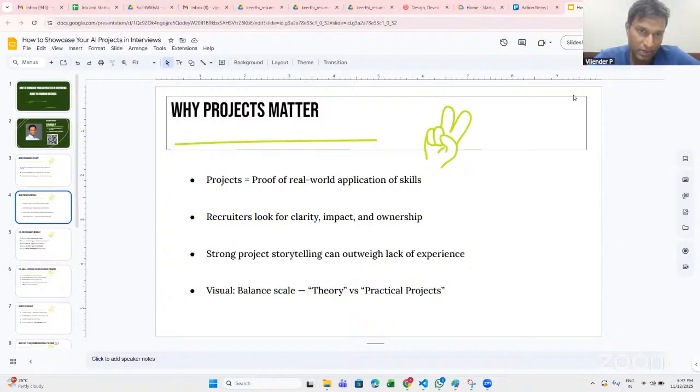Okay, because today if you ask any theory, most of the people will answer theory, right? That's what you and I have seen. If you ask what is overfitting, what is underfitting, they will all answer the questions. Okay, because they all memorize them. Okay, but when it comes to